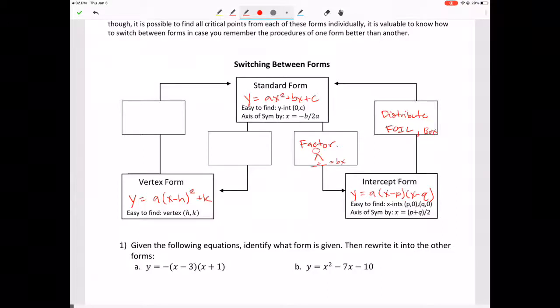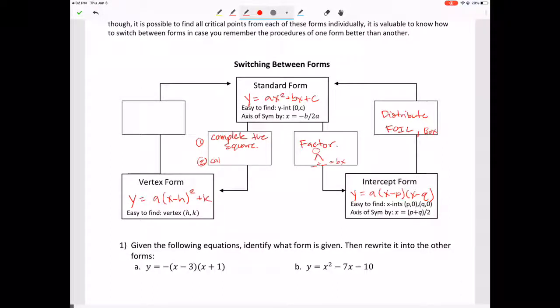Then if we have standard form and we want to go to vertex form, we can complete the square. That's one way that you can do it. There's another way that you can switch from standard form to vertex form, which is to calculate